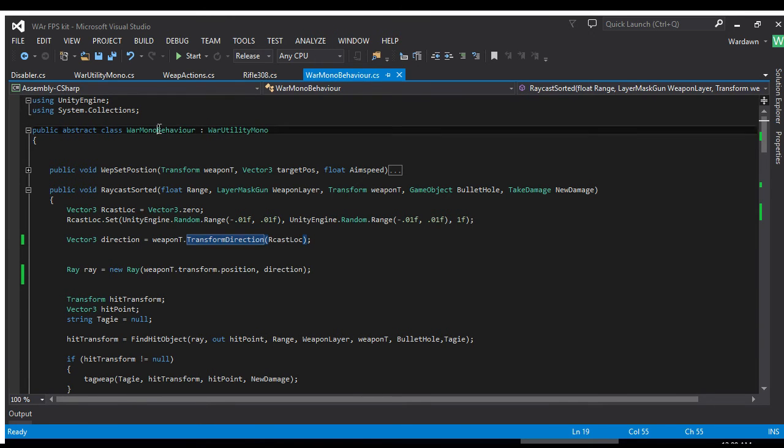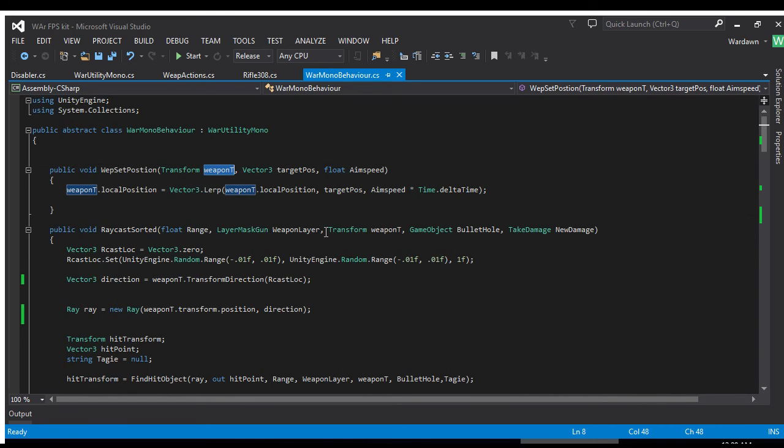This is one of the scripts that we have, which is WarMonoBehaviour. This is my version of a MonoBehaviour for first-person shooters, with simple stuff like raycasting. This is the weapon set. In the sorted thing, you may not have it, but I have the weapon transform direction. Okay, weaponT. This actually should not be called this anymore. I believe right here, this actually should be called